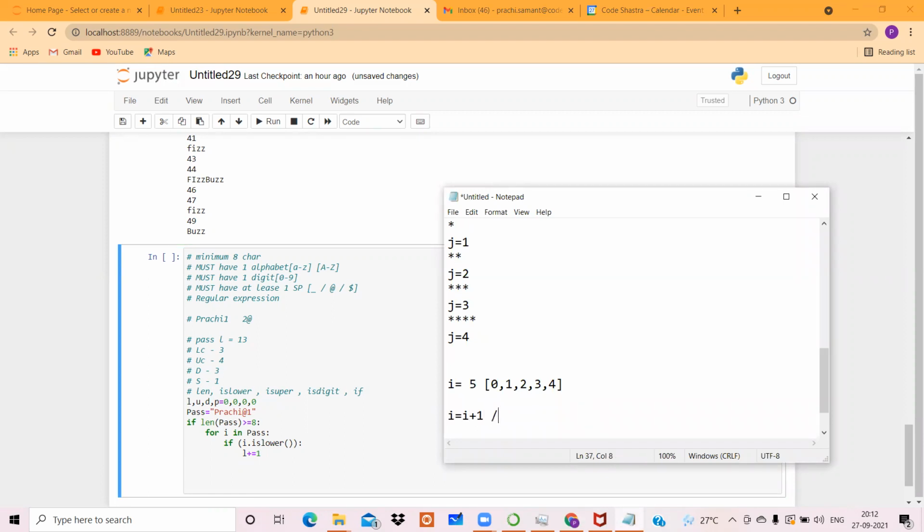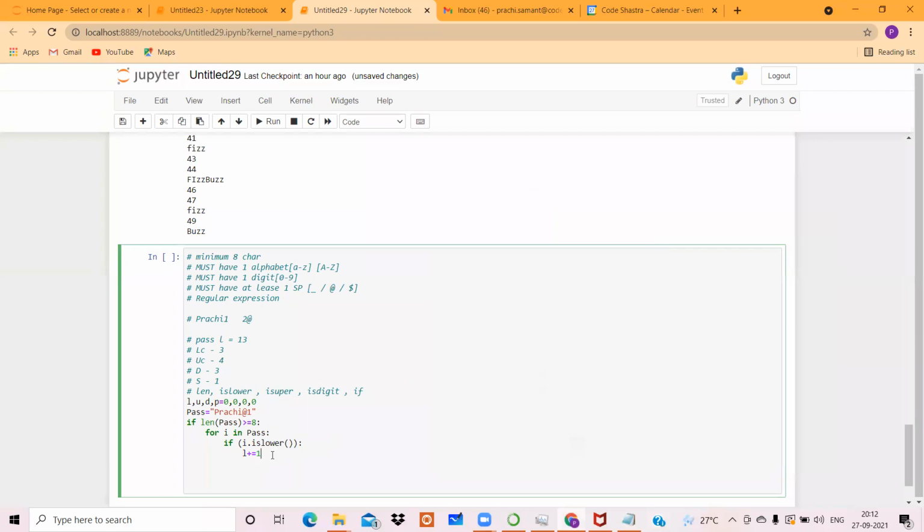You can write something like this: I plus equal to 1. I is equal to I minus 1 can be written as I minus equal to 1. I is equal to I into 1 can be written as I into equal to 1. This is called shorthanding. So either you can write this conventional expression or you can write the shorthanded expression. That's entirely your choice. Every programming language provides shorthanding.